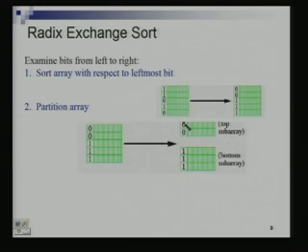I will just look at these numbers and forget this bit, because this bit is the same for all of these numbers. It will not make any difference in the value of the number. Similarly, when I am sorting this, I will forget this bit. What does it mean to forget this bit when sorting? I would subtract some number from each number. If these were k bit numbers, I am subtracting 2 to the k from each number and then sorting them, and it is the same as sorting the original collection of numbers. It does not make a difference.